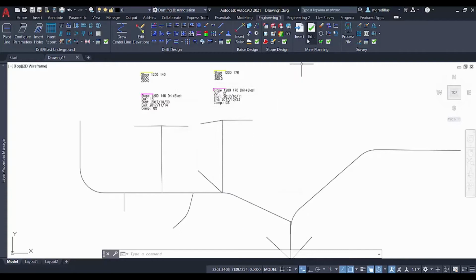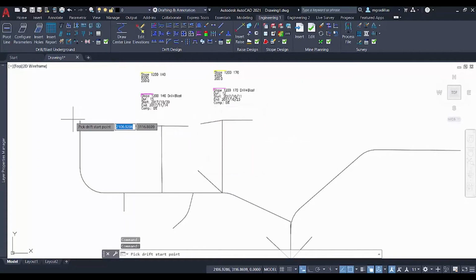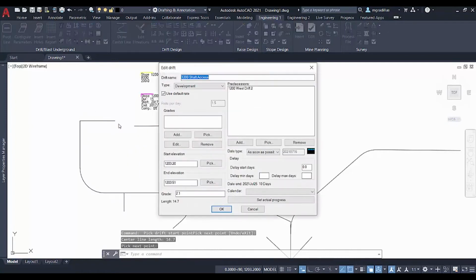First, we'll be inserting our drift with the insert command and selecting drift. We select a starting point and an endpoint for our drift. Once we're done, we'll click on enter and add a name for our drift. Select a type, which would be development. Set a default rate. You can also add grades, set your starting and end elevation, as well as set a